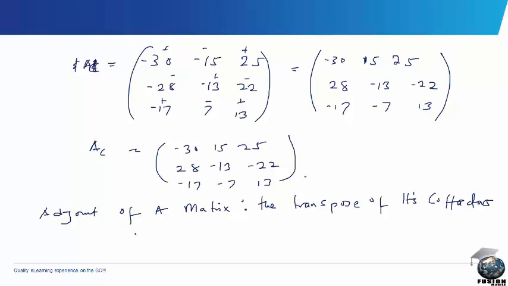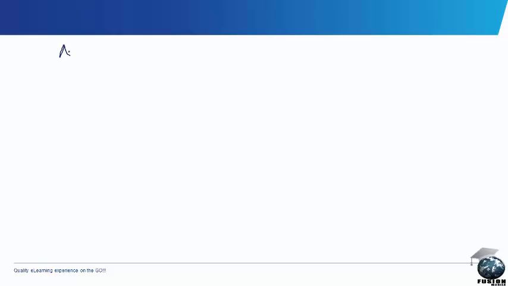Number one, you find the cofactors of the matrix. Okay, and then number two, you transpose the matrix. Alright, but since we have the cofactors of this matrix, we will just have to transpose these cofactors. Alright, all we are saying here is that adjoint is equal to